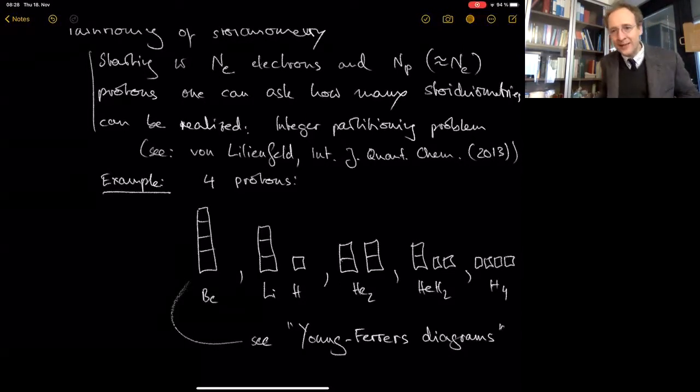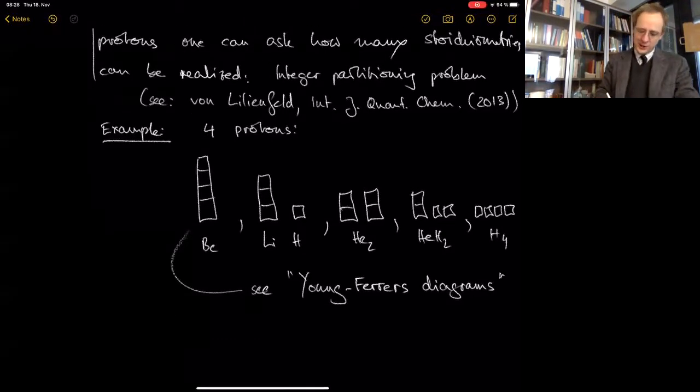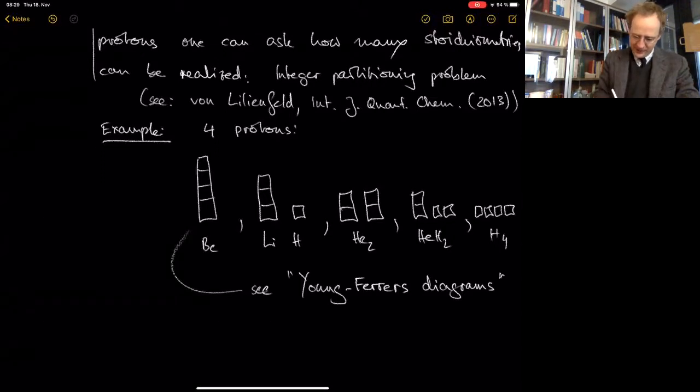So mathematically, this is nothing new, right? It's just that this has immediate meaning for this highest compositional level in which we discuss chemical compounds. And you can show that the number of partitions